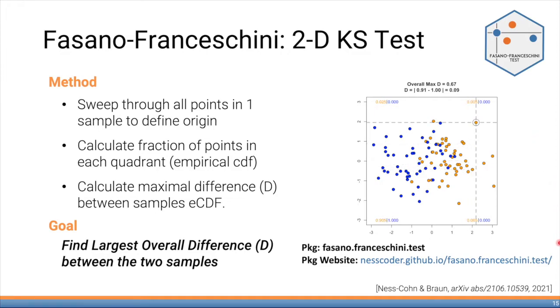Overall, the test outputs a p-value with the null hypothesis that the two samples were drawn from the same underlying distribution. In our case, defining the likelihood that the embedded signals show differential dynamics. While time change is still unpublished work, an R package for the Fasano-Franceschini test has been developed and is now available on CRAN. You can check out the package website for tutorials if you're interested in using the test for your own work.